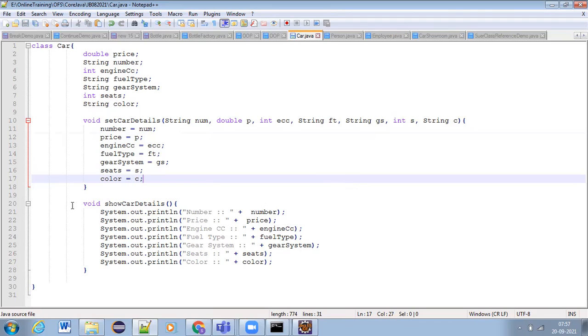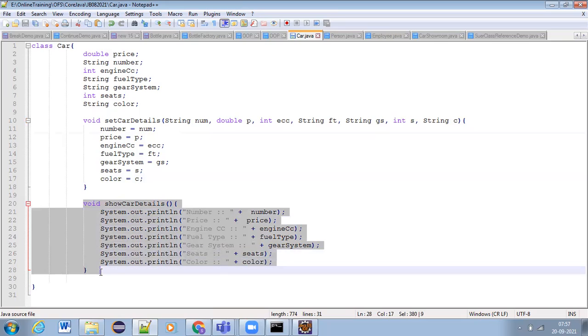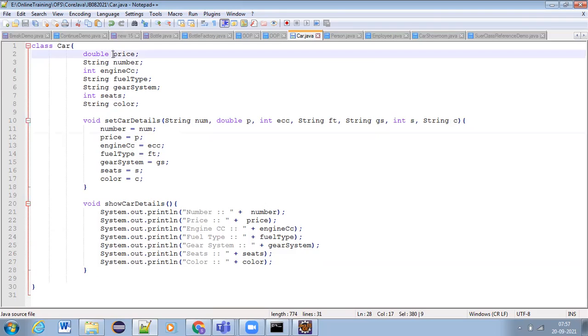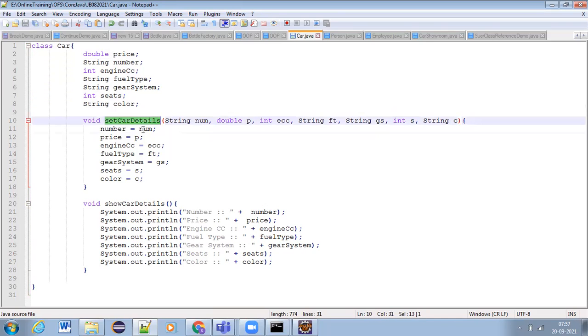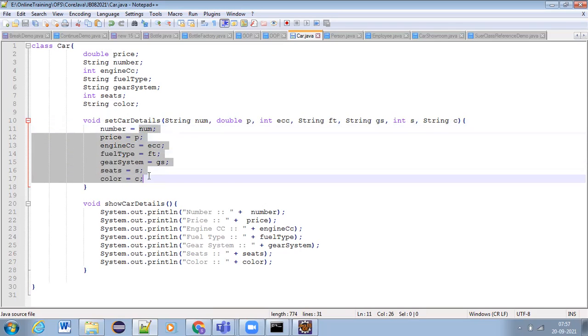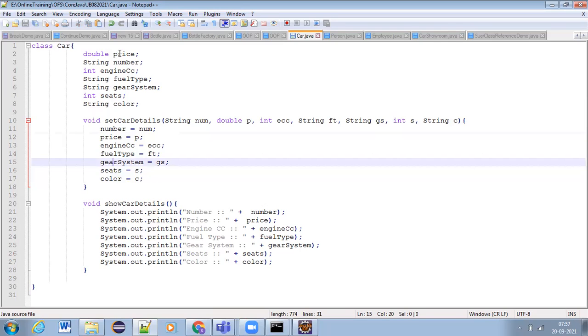But when I'm printing the values, I want to print the values from these variables, right? Already while setting the details, I am collecting user inputs, and all inputs have been stored into the corresponding class member variables. So while displaying, I don't require to get any information from the user.